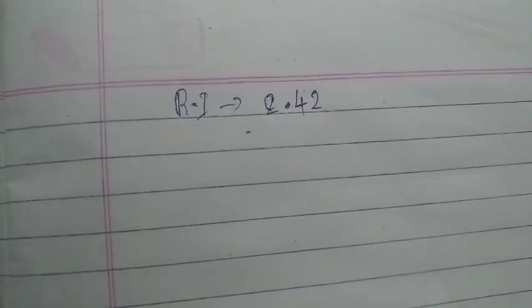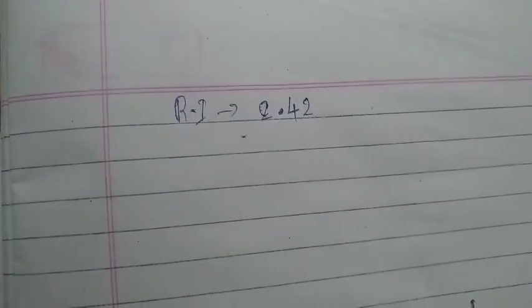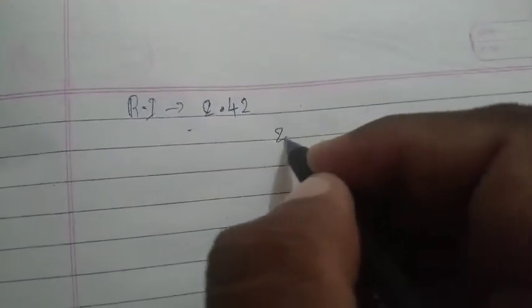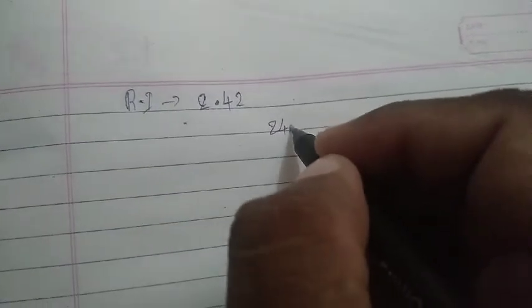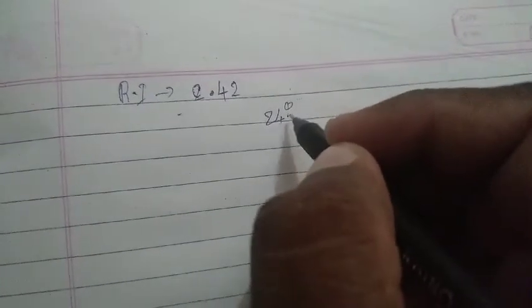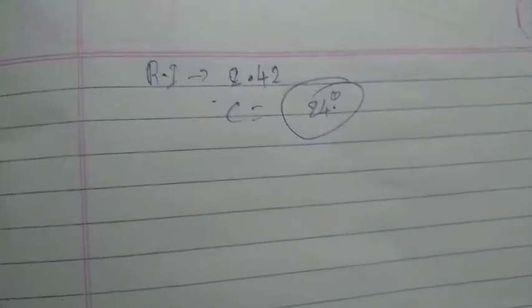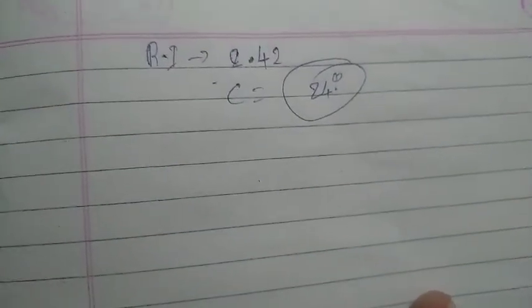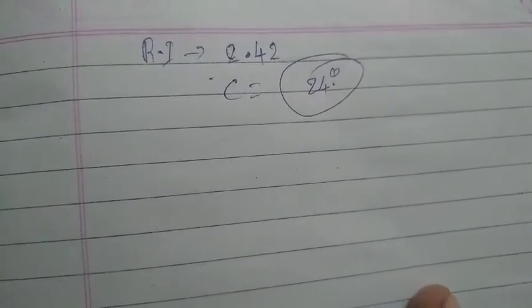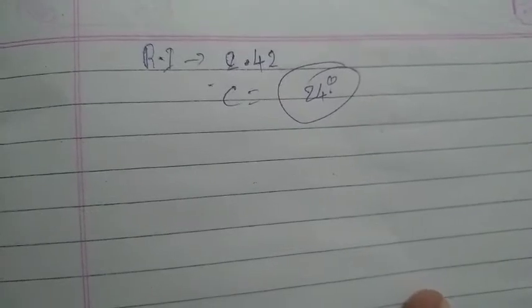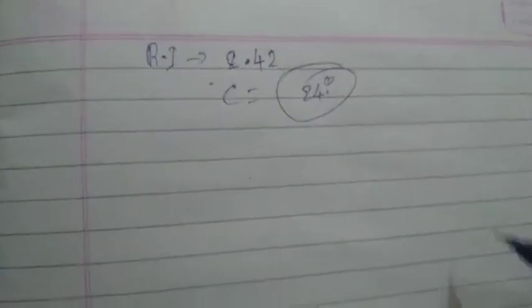Due to its high refractive index, it is going to achieve its critical angle very easily, within less than 24 degrees. Yes, the critical angle is nearly 24 degrees only in the case of diamond. That means if the angle of incidence is greater than the critical angle, definitely the diamond is going to take total internal reflection. How? See,